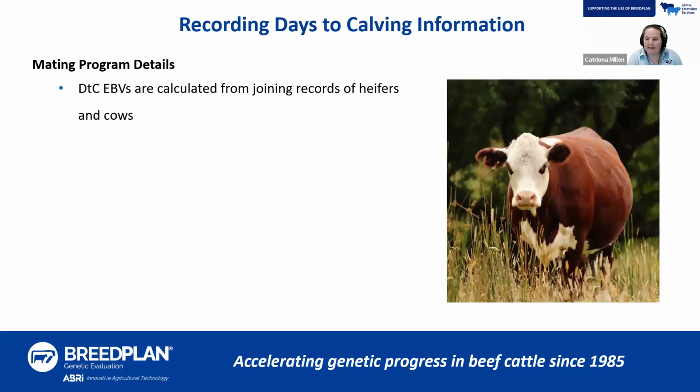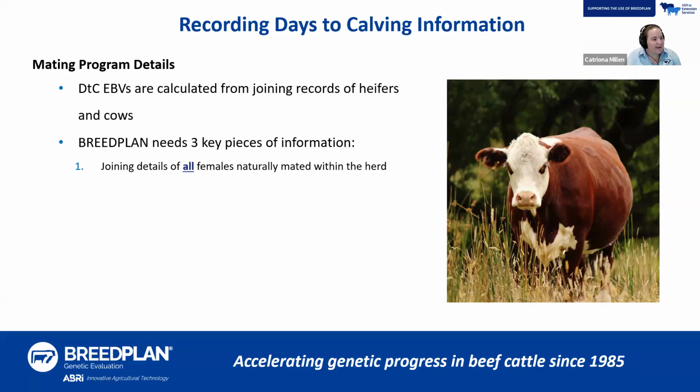It's also when we can collect mating program details, which is for our days to calving information and our days to calving EBVs. Those are calculated from joining records of both heifers and older cows, and that is our main female fertility EBV that we have in BREEDPLAN. So we need key pieces of information to do that, and as I said, we'll cover this in more detail